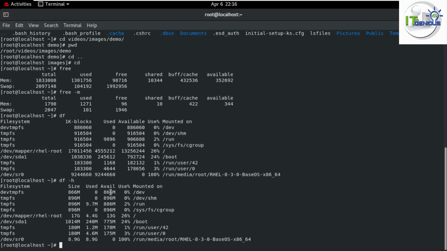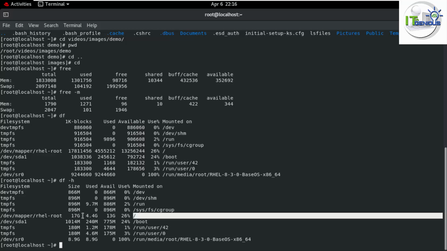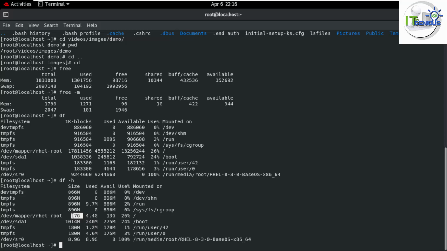This is the size here which you can see, you are now getting your size in MB and GB. So this is the size assigned to slash, which is 17 GB, correct? And the size assigned to boot is almost 1 GB. So you will get the size assigned to your directories through df space hyphen h. Or if you attach some external disk or additional data disk to your Linux VM, you would be able to see all those through this df space hyphen h command.